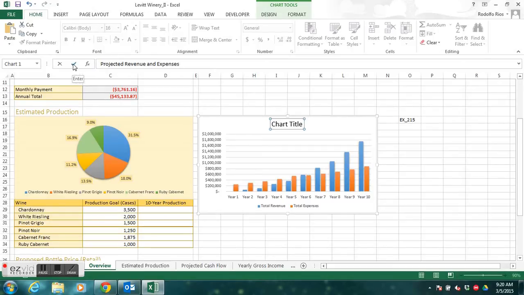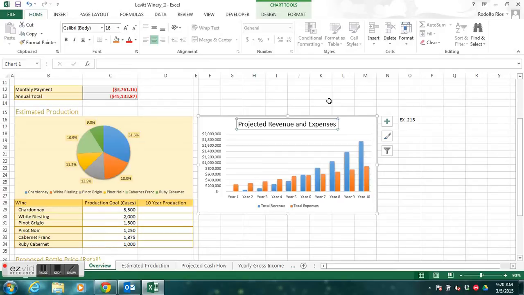When you're done, you can hit enter, or you can click on the enter button, and that brings over the information that we typed. Now we are going to make changes to the title. We're going to go to our home tab. We are going to change the font to Calibri Light. So we're going to click on the drop down, Calibri Light, and then we're going to change the font color